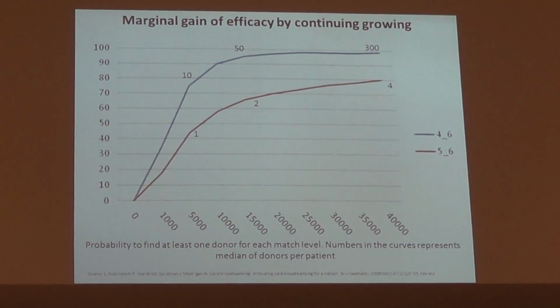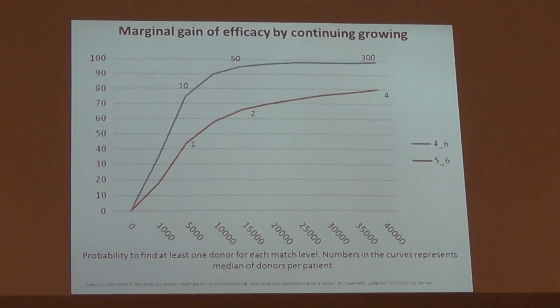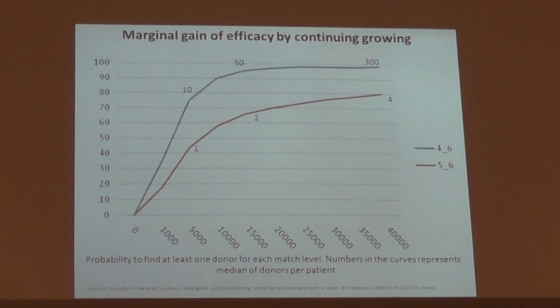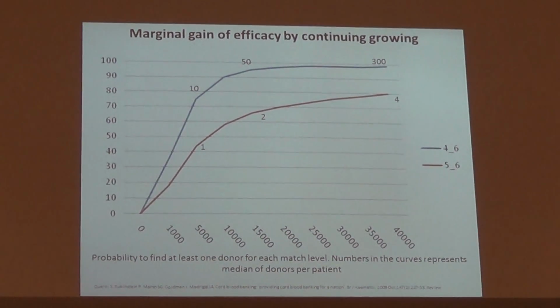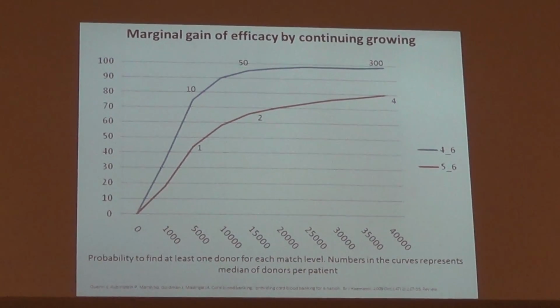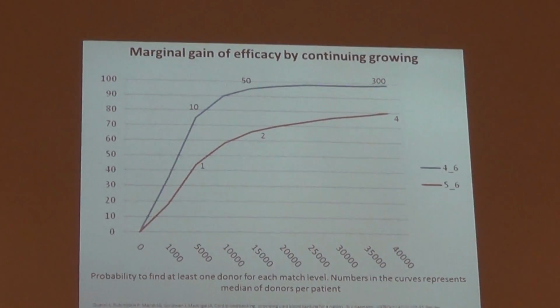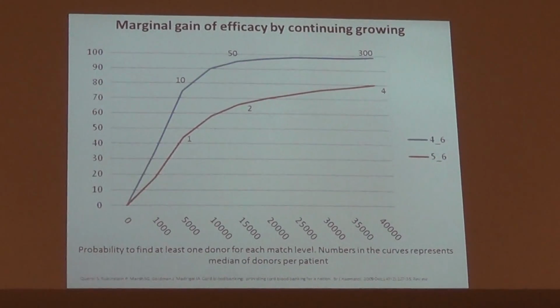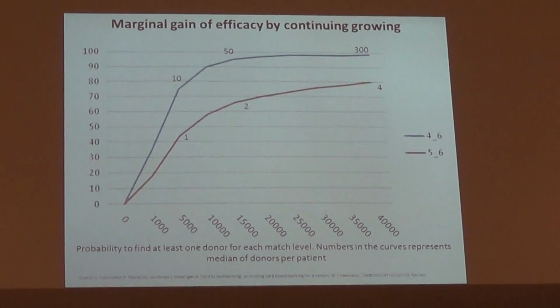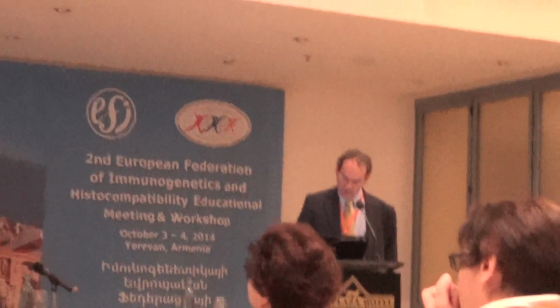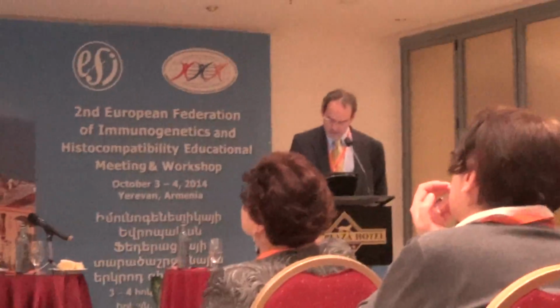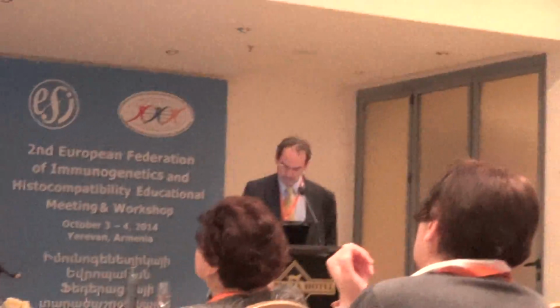I mean, above 50,000 units, even with an optimal match, in this case 5 out of 6, the gain of new matches is very, very negligible. So the first thing to take into account is that the size of a cord bank needs to be fixed at a very reasonable number,